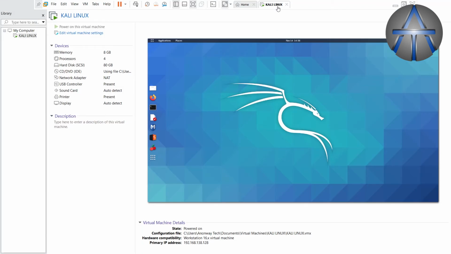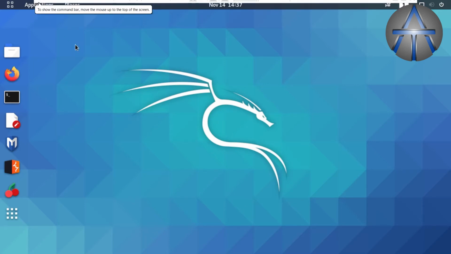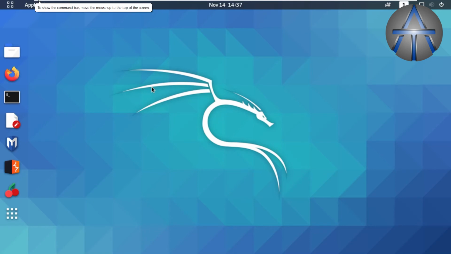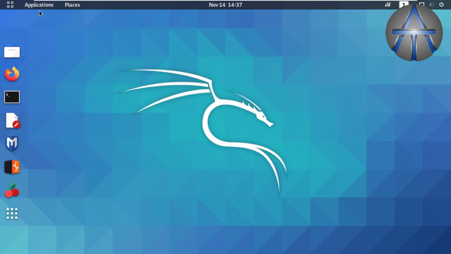So first of all I will adjust my scale to fit it into my window. I will do it myself. Here you can also see how you can do it, and you can fit or scale your Kali Linux according to your monitor size.